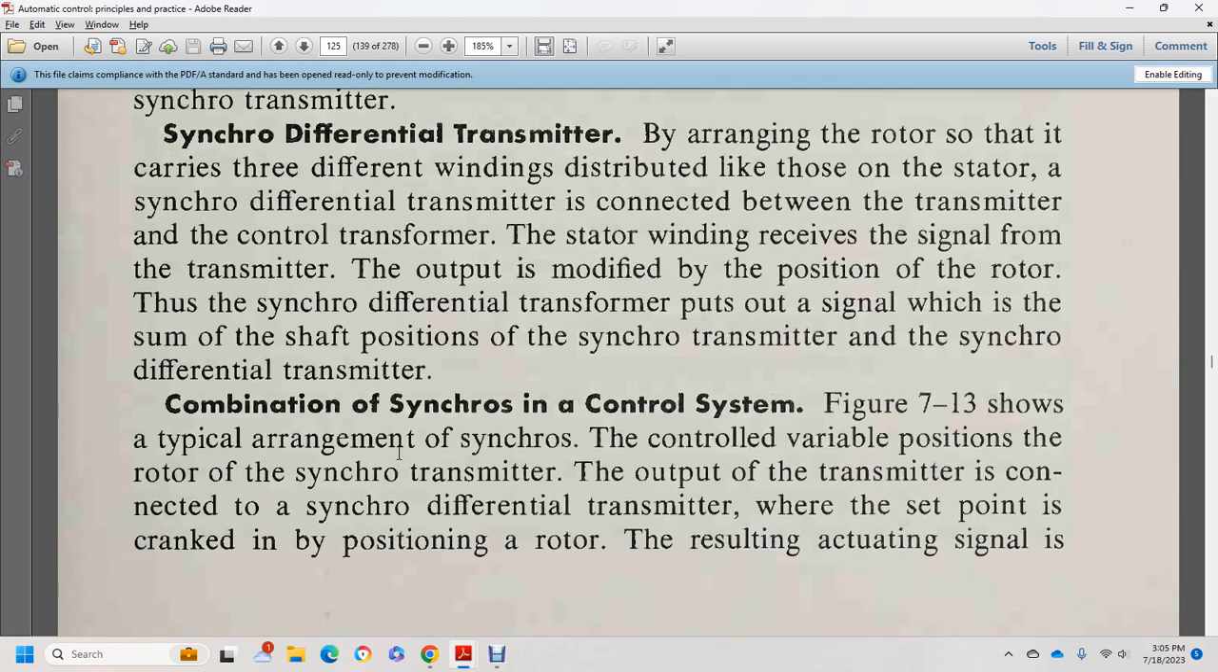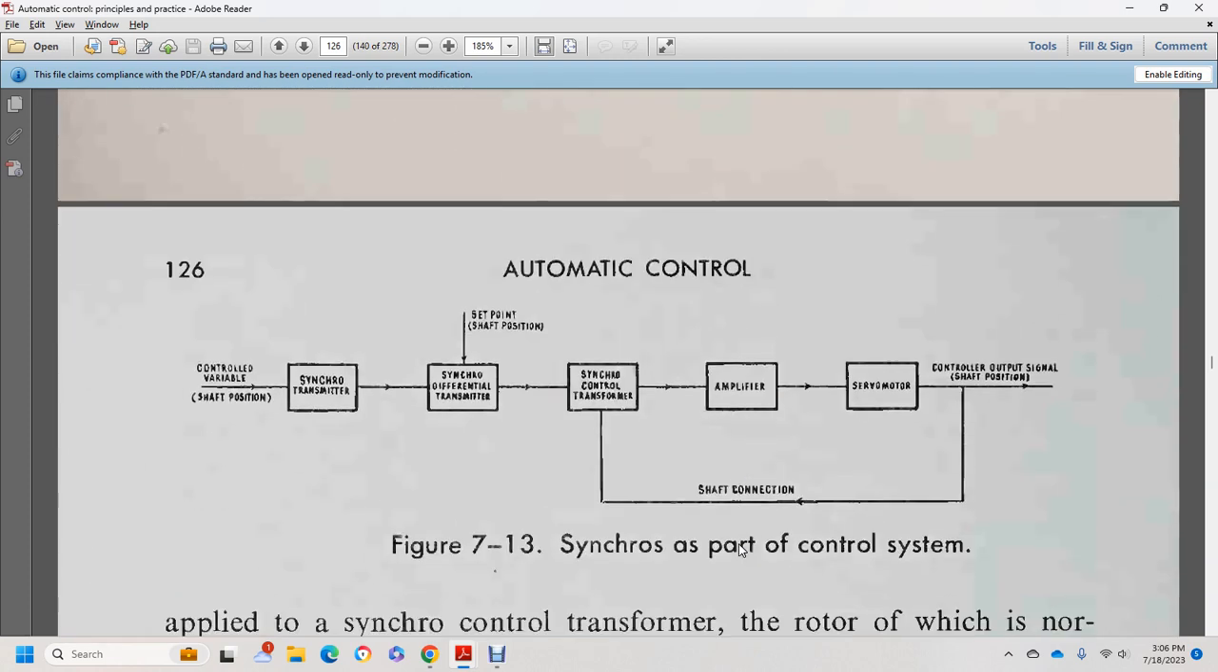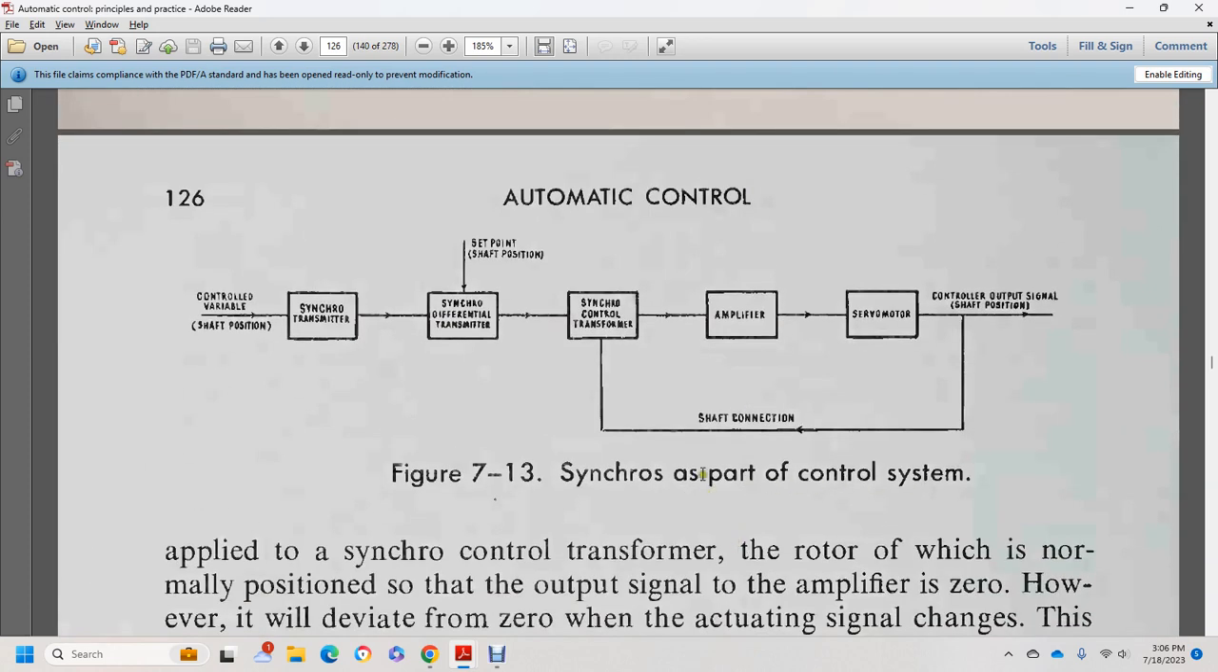Combination synchro of the control system. Figure 7-12 shows a typical arrangement. The synchro of the control variable position, with the rotor of the synchro transmitter and the output of the transmitter, is connected to the synchro differential transmitter, whichever is where the set point is, and the rotor position results in the actuating signal. Figure 7-3 shows the synchronizing control variable shaft synchro transmitter with the